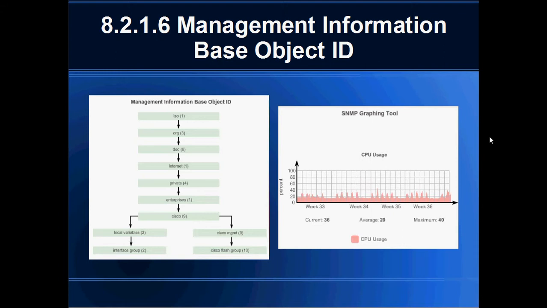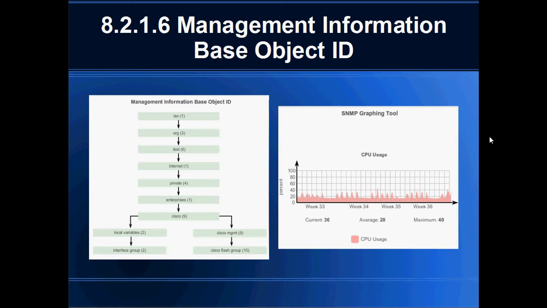Management Information Base object ID. The MIB organizes these variables hierarchically. MIB variables enable the management software to monitor and control the network device. The MIB defines each variable as an object ID, OID. These object IDs uniquely identify managed objects in the MIB hierarchy. The MIB organizes the OIDs based on RFC standards into a